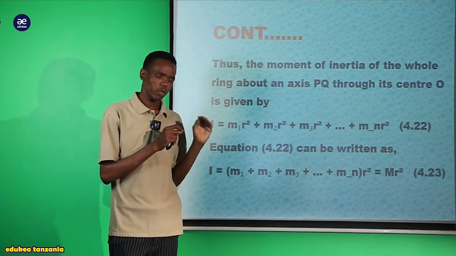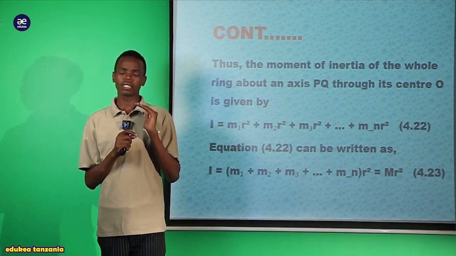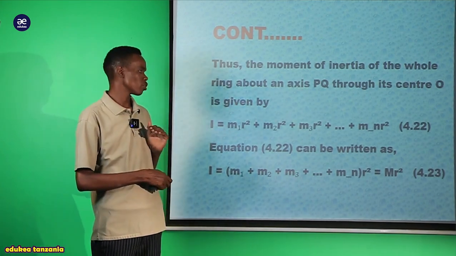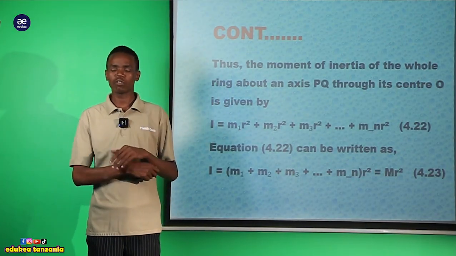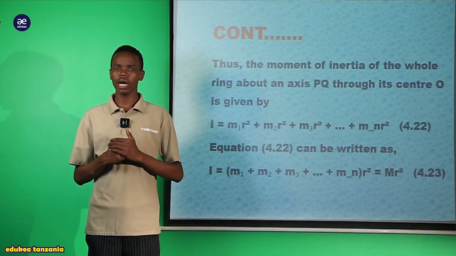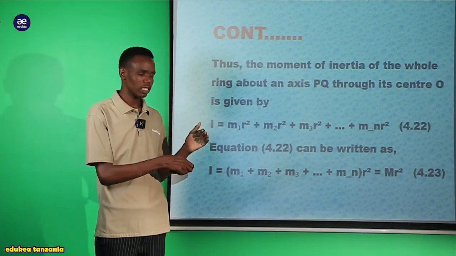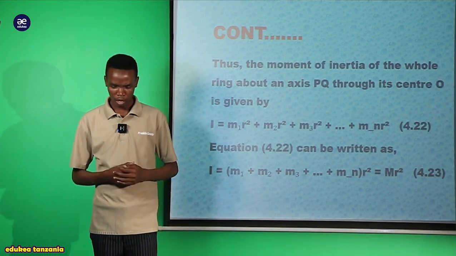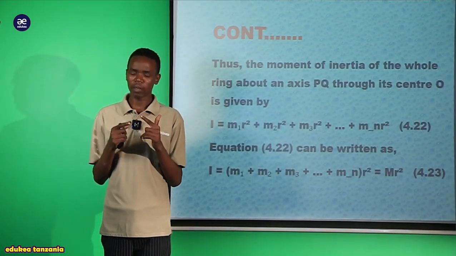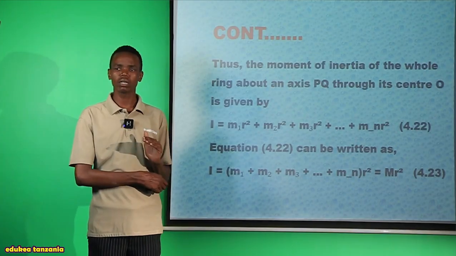It means that the moment of inertia for the whole ring must be equal to the moment of inertia at point A, plus the moment of inertia at point B, then we add the moment of inertia at point 3, then we add dash, up to the center, for the instance of the particles. Now, if we demonstrate there, we should obtain that the moment of inertia for the whole ring must be equal to